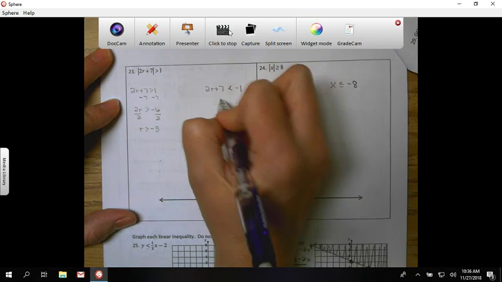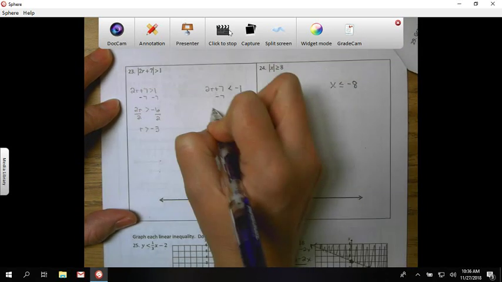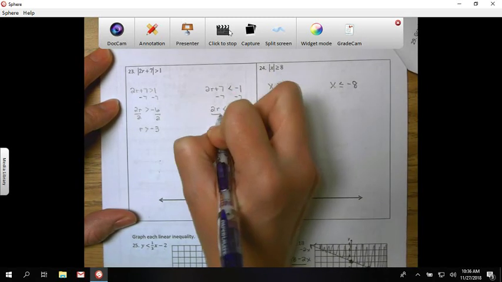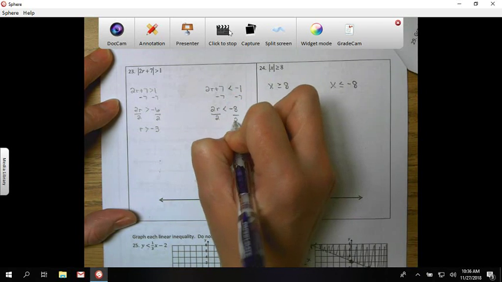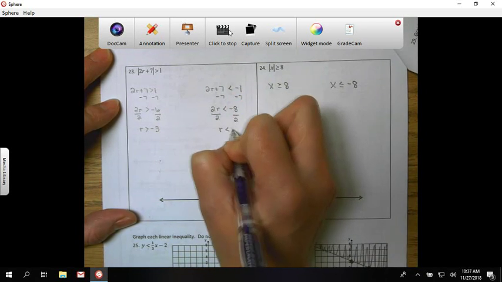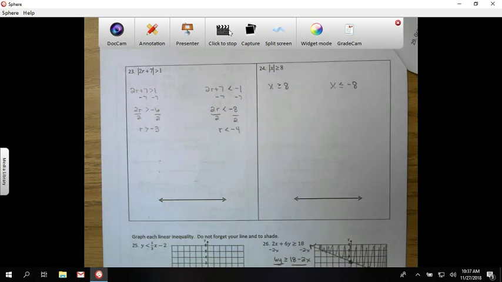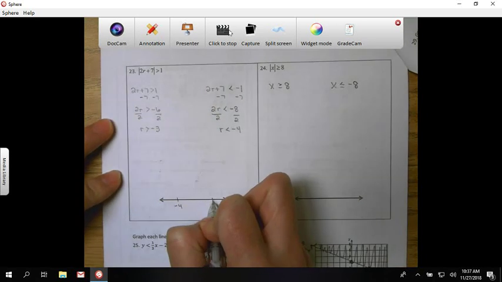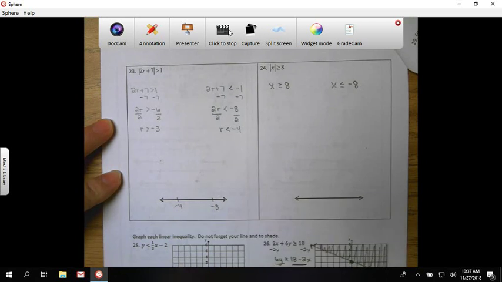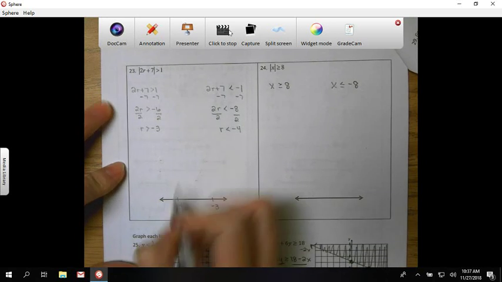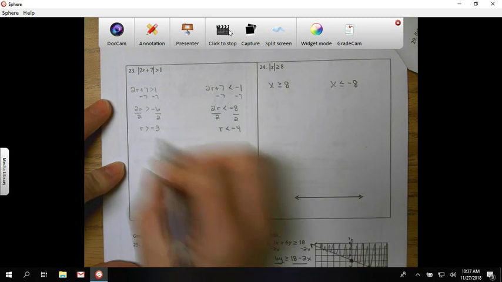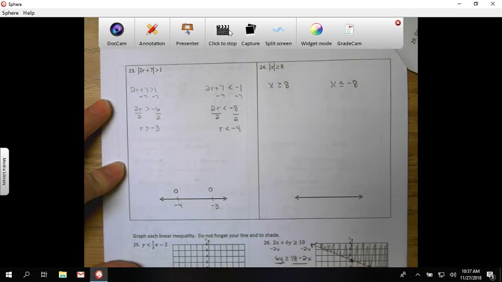Over here, I'm going to subtract the 7. And I get negative 8. And then I'm going to divide by 2. So r is less than negative 4. So both my numbers need to go on here. So negative 4 and negative 3. So it's saying that r is less than negative 4, open circle, greater than negative 3. Okay, less